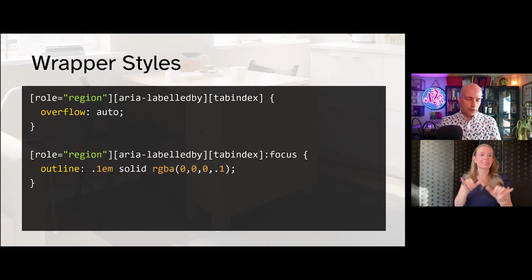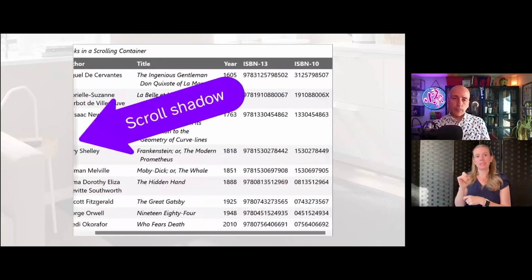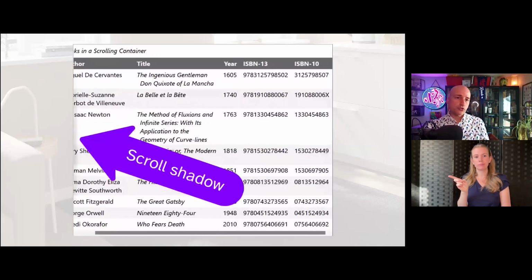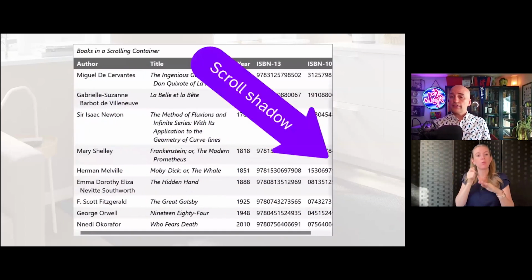Motion warning. On the next slide, I have some video that bounces around a bit. So back in 2012, Lea Verou created styles for vertical scrolling shadows. Chen Weijing adapted them for horizontal use in 2018. And for browsers that hide scroll bars by default, these can be used as a visual cue that content is hidden. If you use these for non-right to left languages, you may want to swap them or add a language or direction selector to handle that swap automatically. Although it wouldn't be automatic because you coded it.